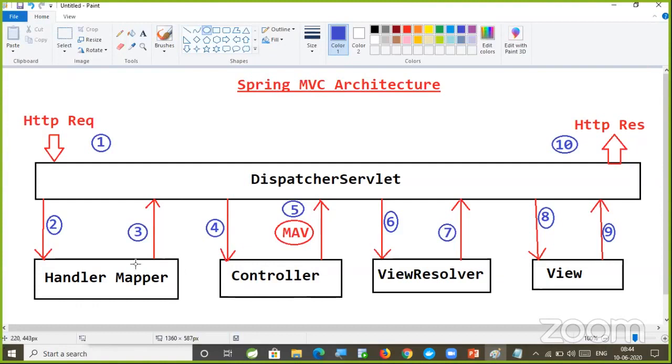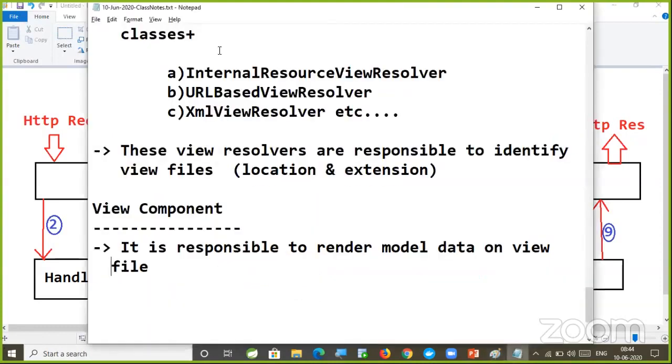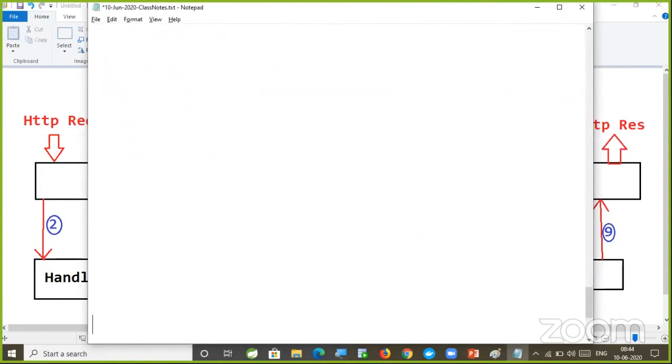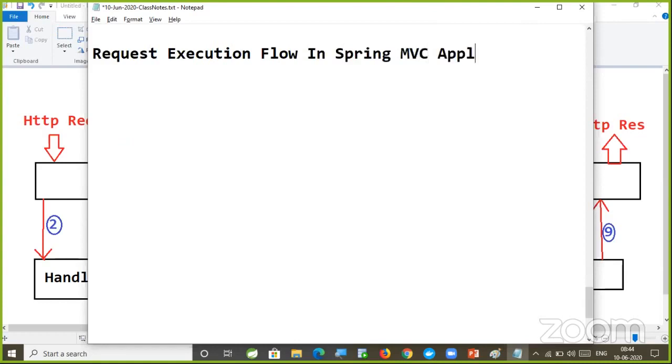Now let us write request execution flow. In which order the request is going to be processed by our Spring MVC. Request execution flow in Spring MVC application. Theoretically, we are understanding. In tomorrow's session, you will get full clarity when I develop the application and show you practical details. So today, just theoretically, we are understanding the architecture. Tomorrow, we are going to develop the application and we will see that. Fine. First,